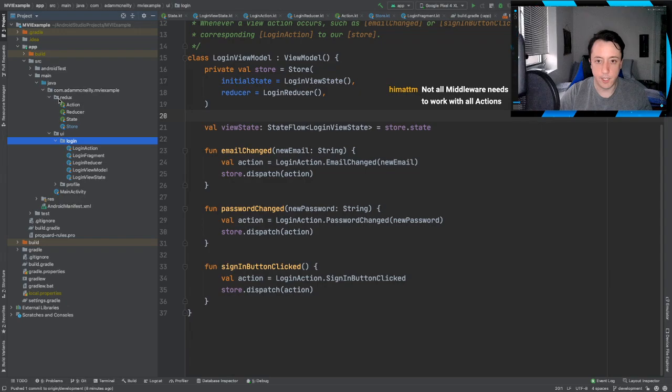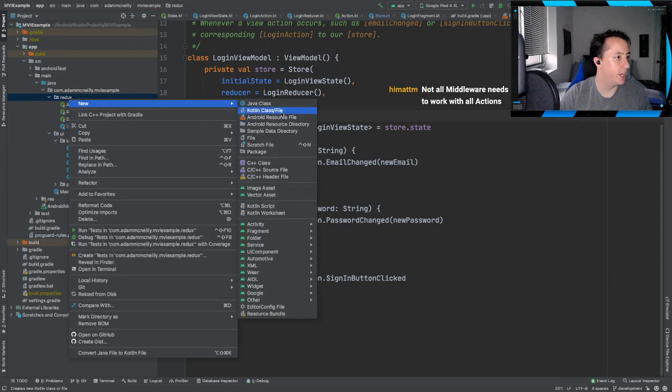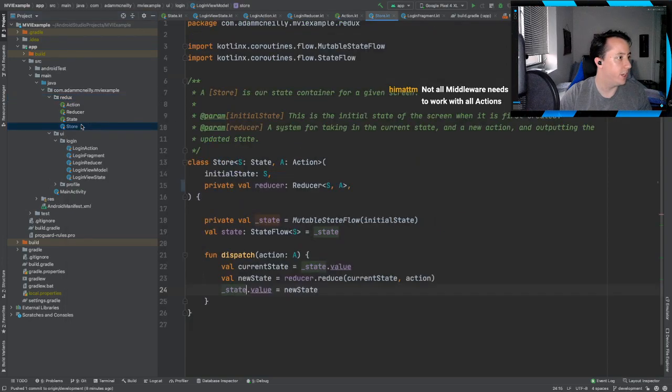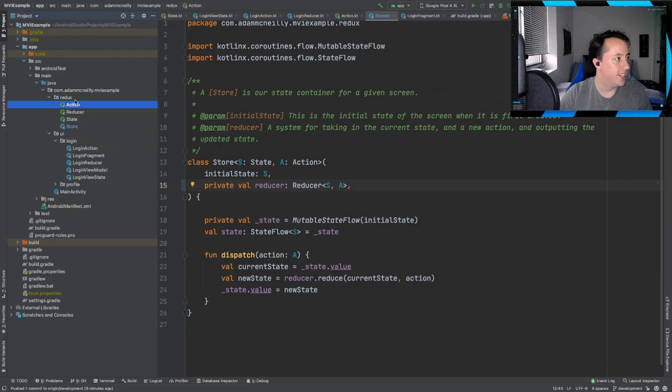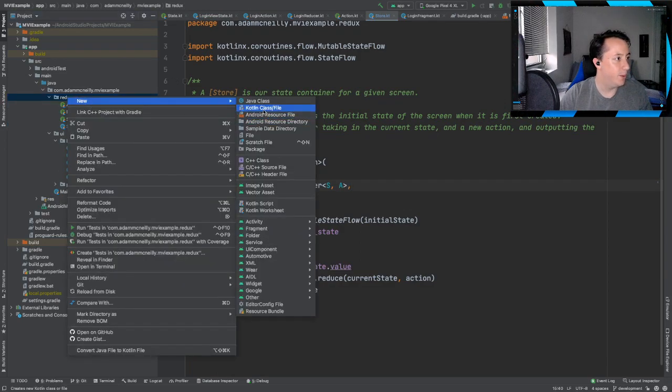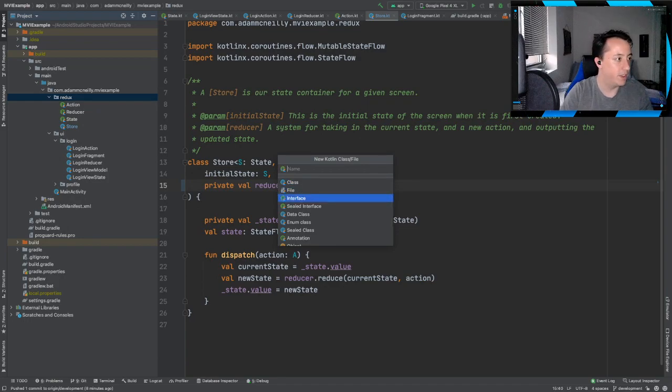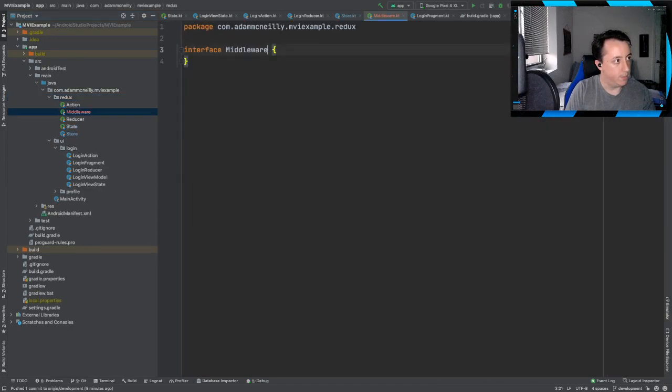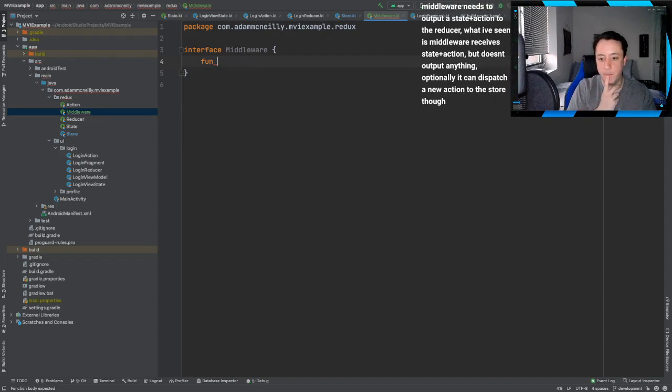Right. But let me show you what I'm thinking of. Wait, what changed in here since I last committed? Oh, I added a comma. Let's make the middleware interface, and I'll show you what I'm worried about. So I understand the concept of a middleware, but I'm thinking of sort of what that would do. So I've seen two approaches here, or I've seen one approach where